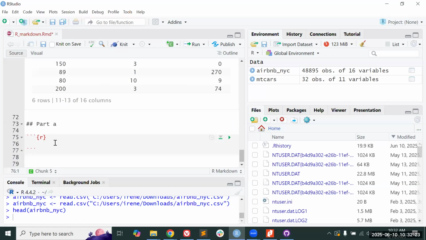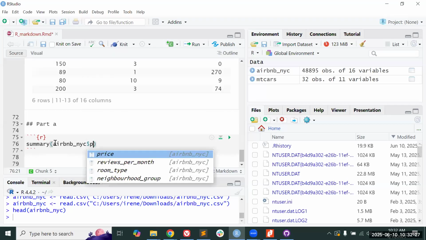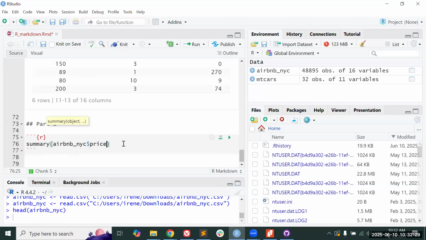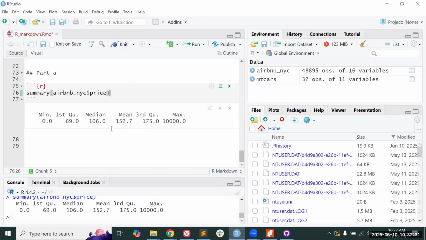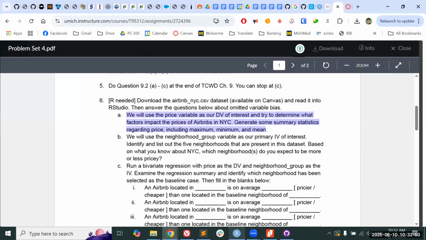And let's just do a summary of the price variable. If I run this, it gives me the minimum. The mean is here, 152, and the max is, apparently there's an Airbnb that costs $10,000 in this data set in New York City. So that would be enough to answer the question, but just to further demonstrate, the advantage